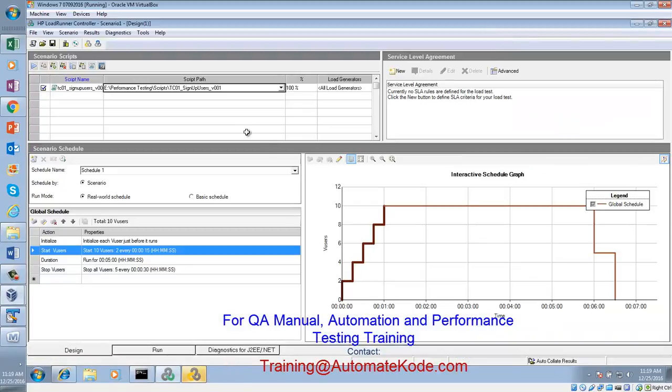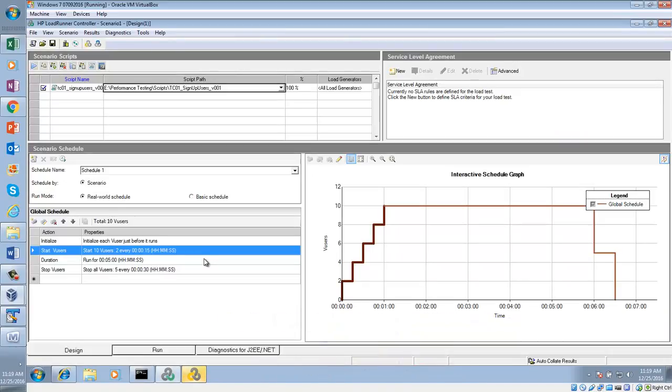Okay. Now I want to execute this script. If I want to register, if I want to give a try for all of these users, how many users am I putting here? 10. Now 10 users, how many times will they have to execute? 10 times.